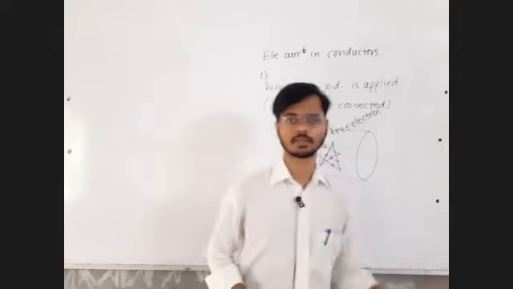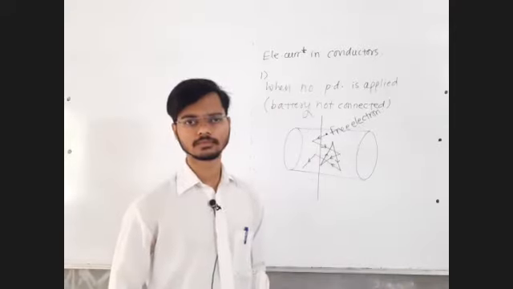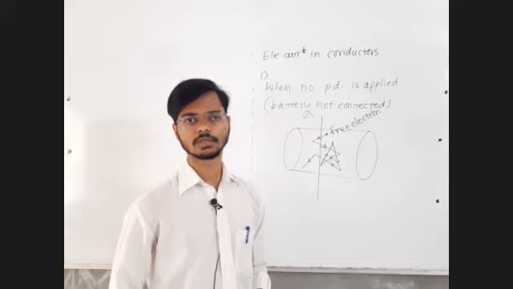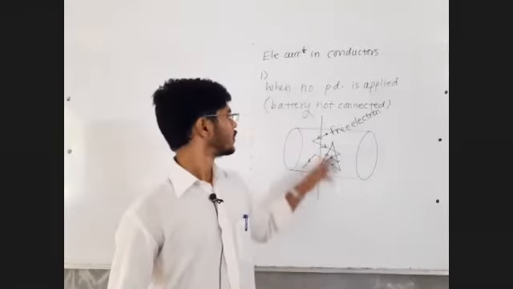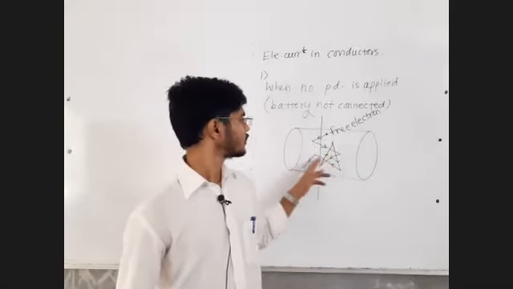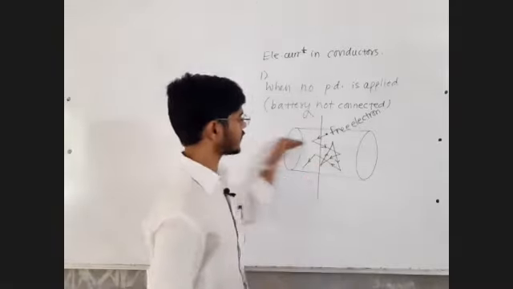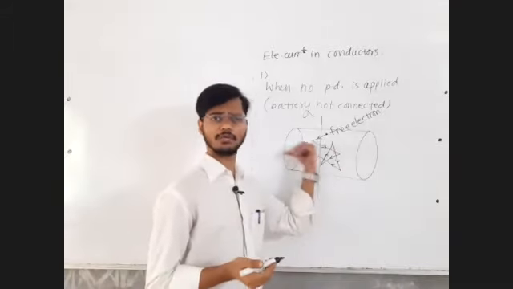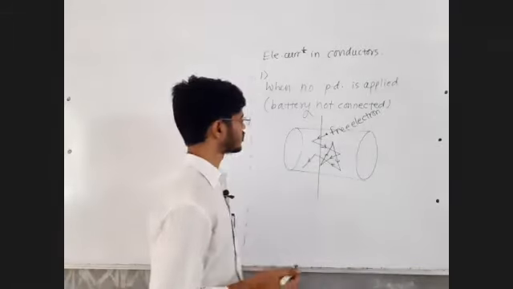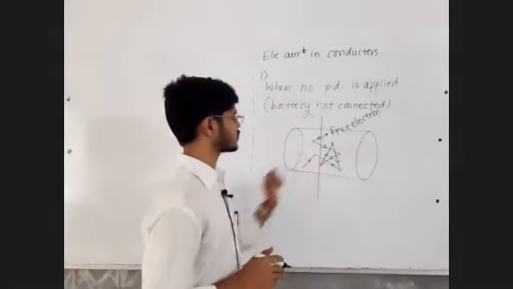All the electrons are performing random motion. It is somewhat like KTG or gas molecules. So the electrons crossing this cross section to the right in 1 second, on average, will be equal to the electrons going to the left. So there is no net transfer of charge across this cross section.